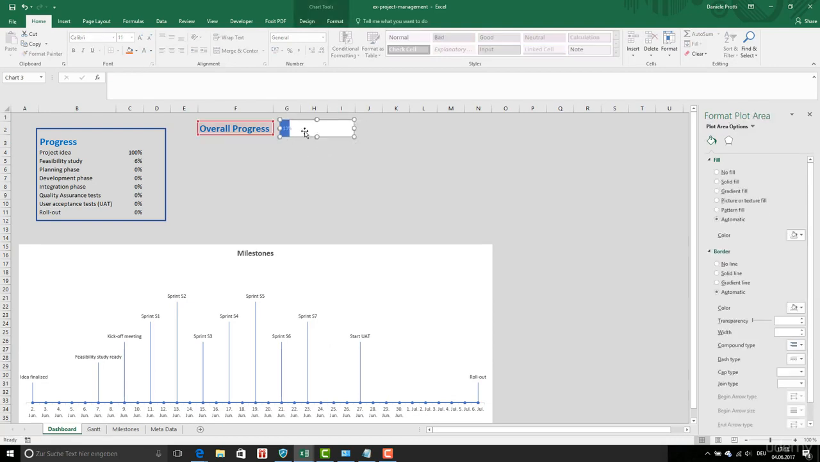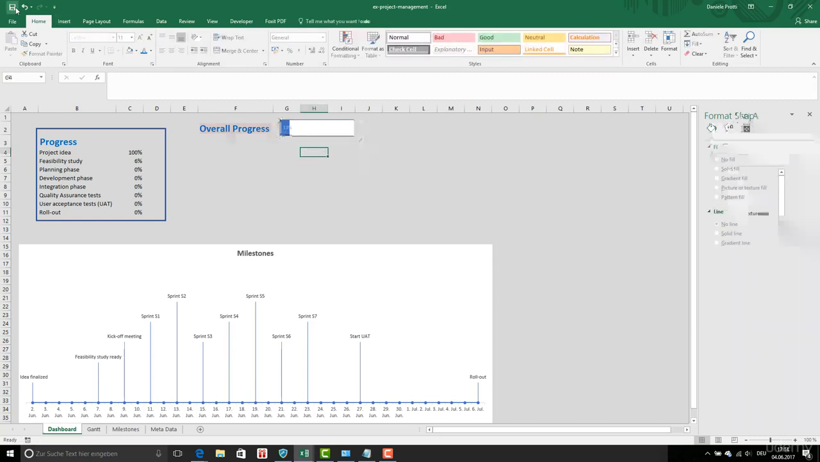Okay, here we have the progress. I can also put a border. Now we have, okay, you can see here now we have the overall progress, and we already